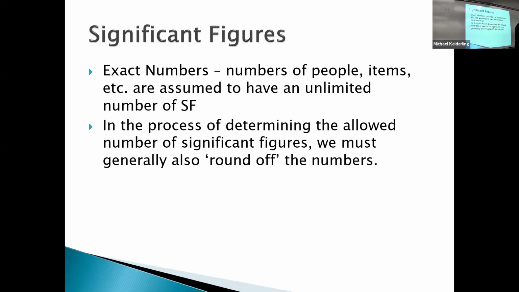So I have 10 ball bearings here in my hand. There are exactly 10 ball bearings. There are no fractional ball bearings or anything like that. So in that case, I can assume that the number 10 has an unlimited